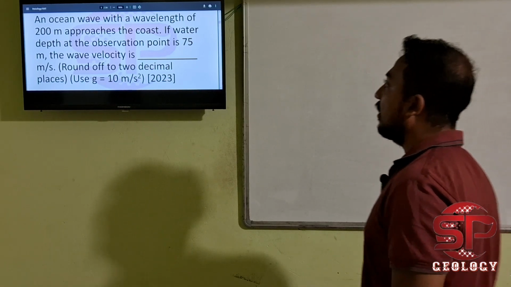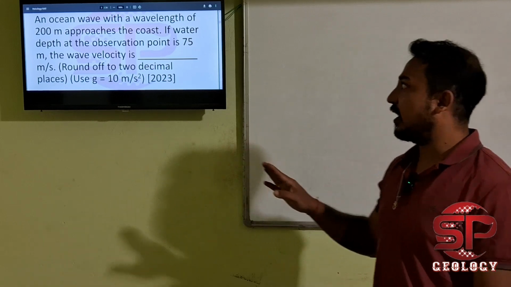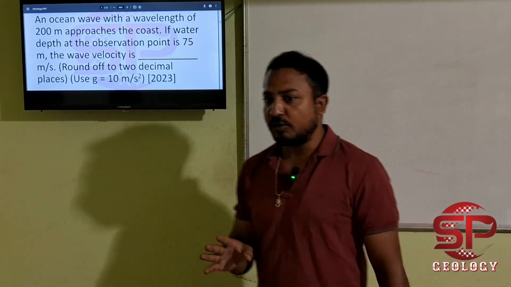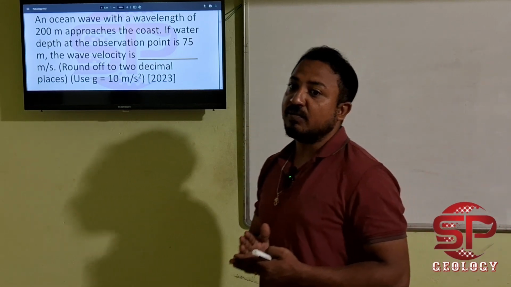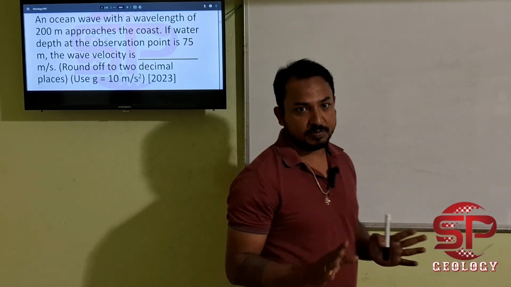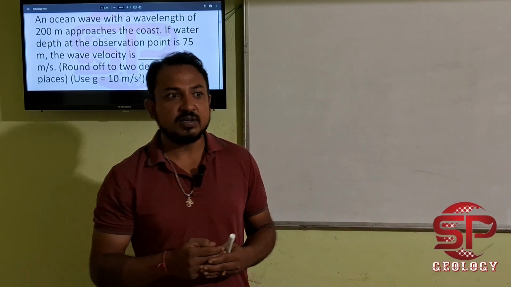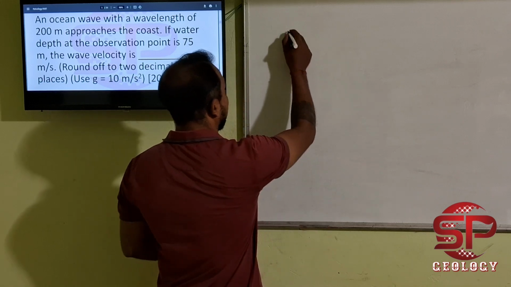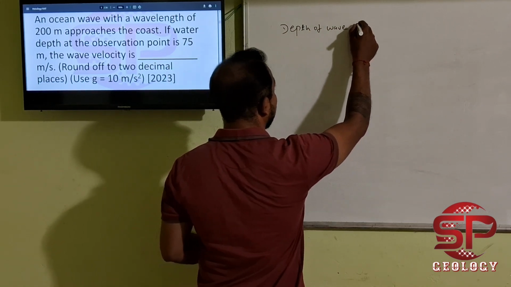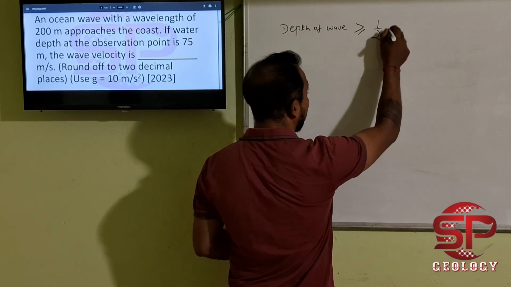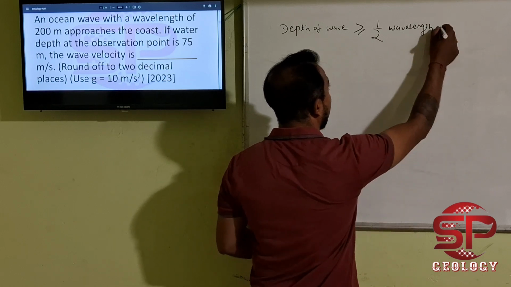An ocean wave with a wavelength of 200 meters approaches the coast. If the water depth at the observation point is 75, you have to calculate the wave velocity. If you want to calculate the wave velocity, first you have to know whether it is a deep water wave or shallow water wave. If the depth is greater than or equal to half of the wavelength,